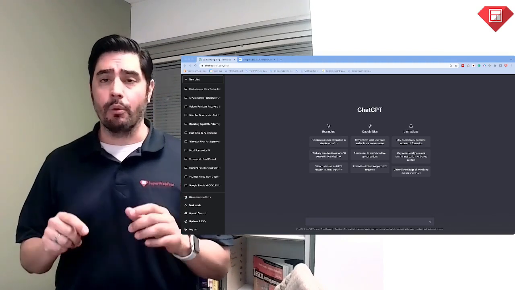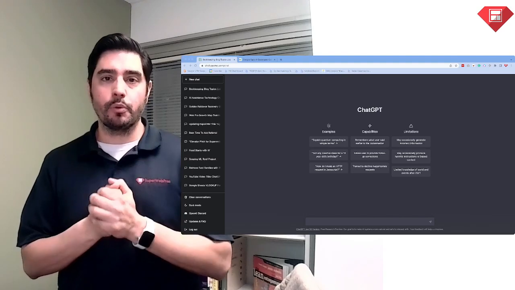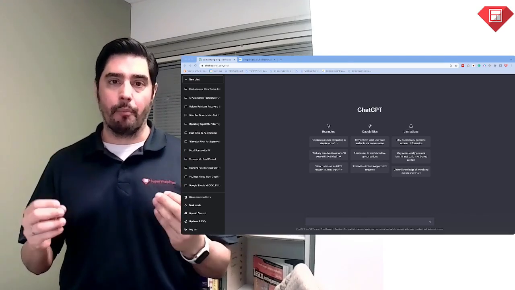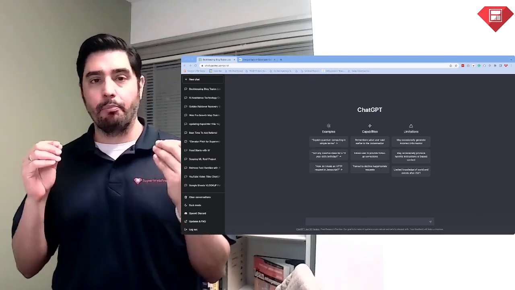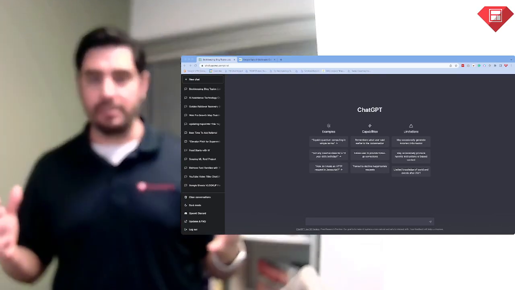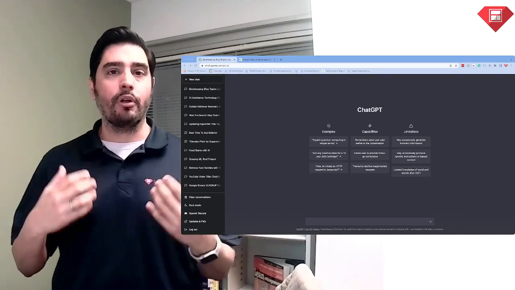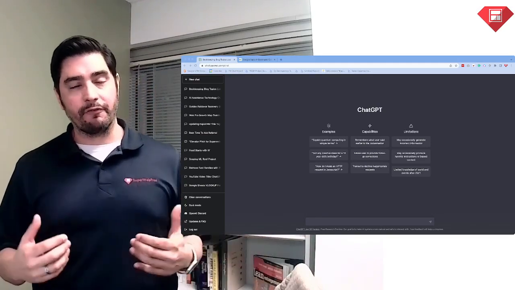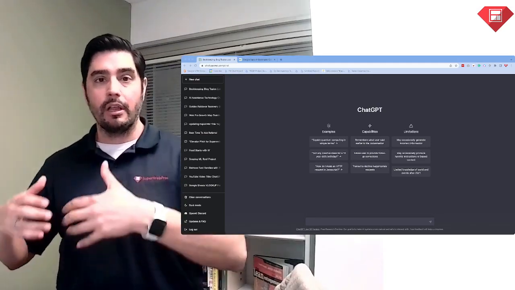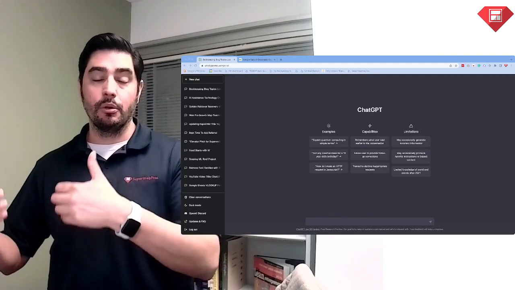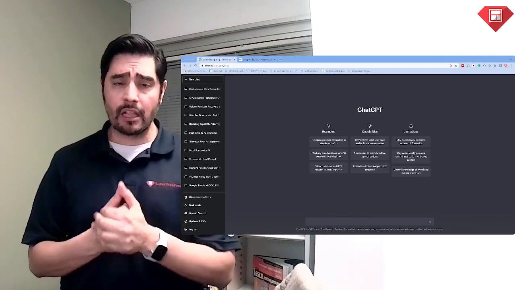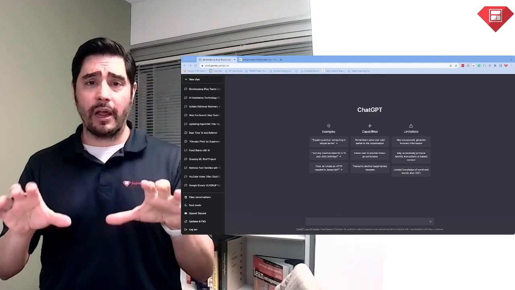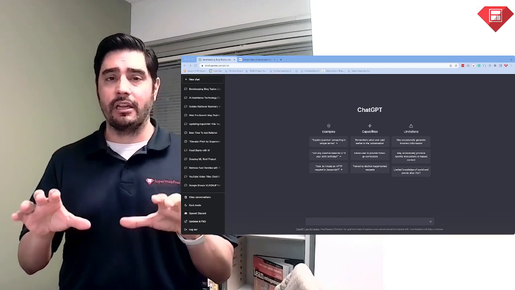So, for our example, we're going to imagine a fictional bookkeeping company. And this fictional bookkeeping company, like many local businesses, wants to provide helpful content for its prospective customers in order to generate traffic for its blog and ultimately convert these prospective customers into clients. So, let's get started with the first way that one can use ChatGPT for search